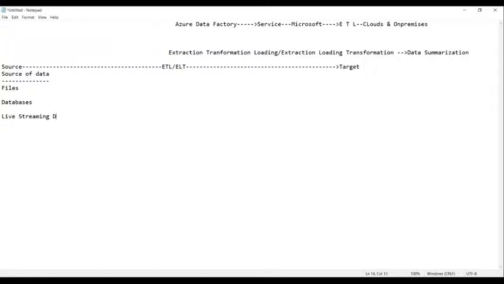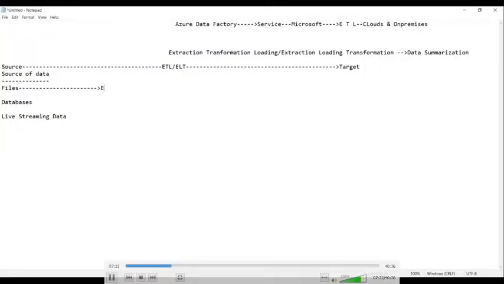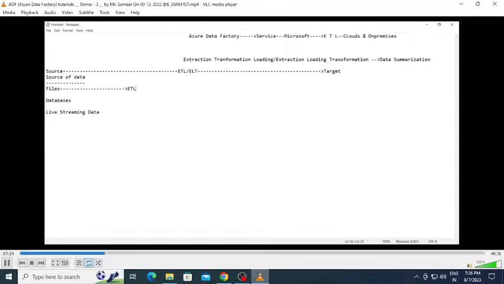Okay, guys, so these are the things we have: files, databases, and live streaming data. These are the three sources from where we get the data. Then afterwards, first of all, we get the data and we initiate the data by using the process called ETL. And once you start the